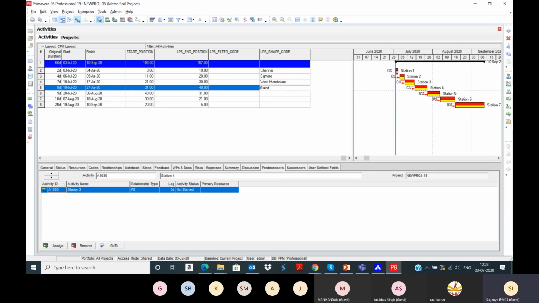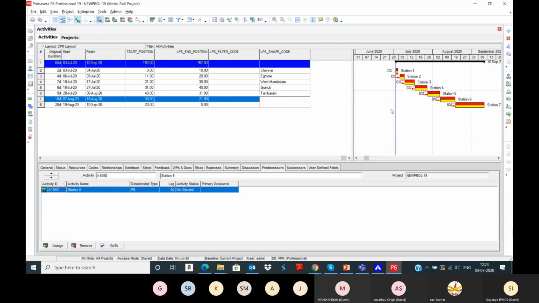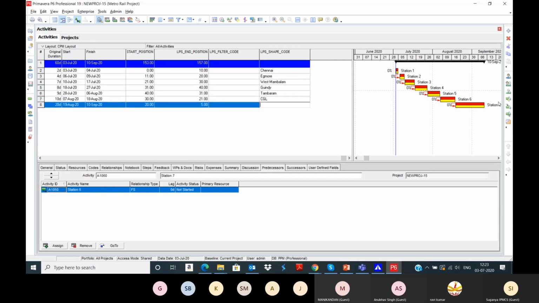So I'm giving the names. Tambaram. So after you define the shape codes, just schedule once again. If you want, you can define the filter codes also.